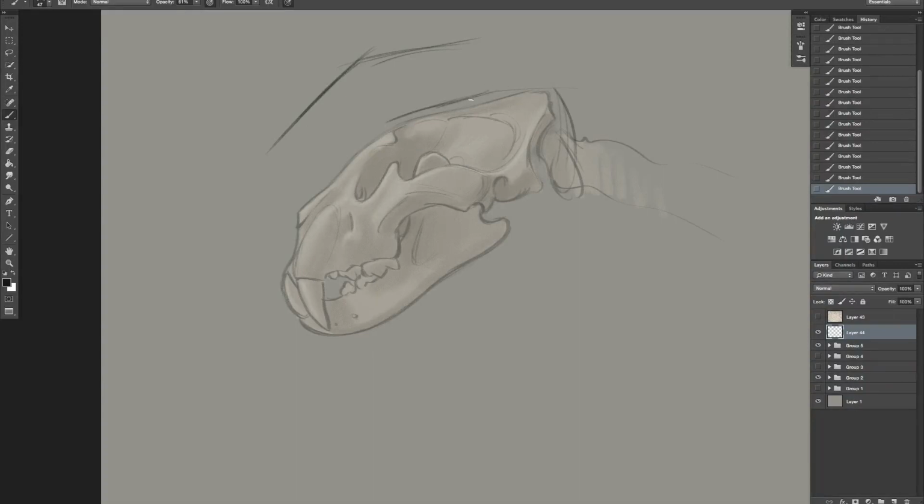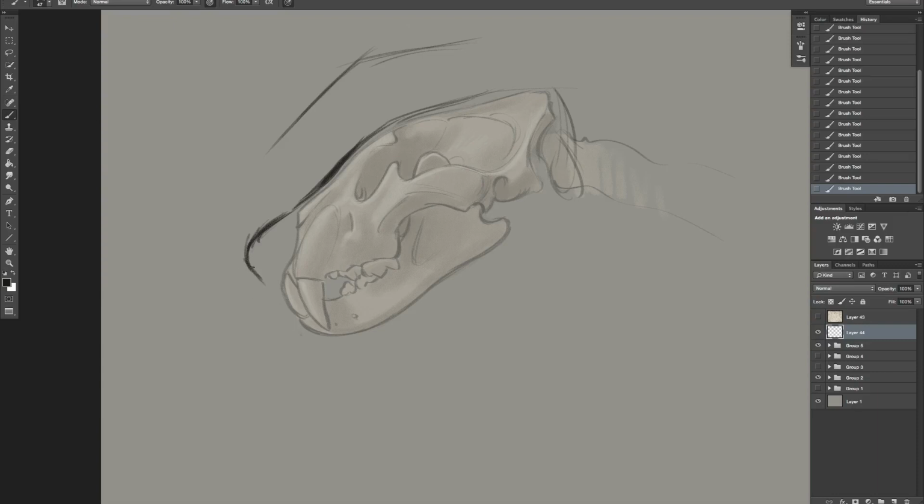So let's get in here, and I'm going to knock that opacity up. There we go. The first thing is, you've got this that comes down, but we've got to get that nose in there. This is where the cartilage attaches, and you'll always see a break right in here. You want to make sure that there's enough space right here for those lips and the cheek flaps and all that to go over the teeth. And the other thing about lions, especially in profile, is that the nose, when it transitions into the nose like so, tends to be